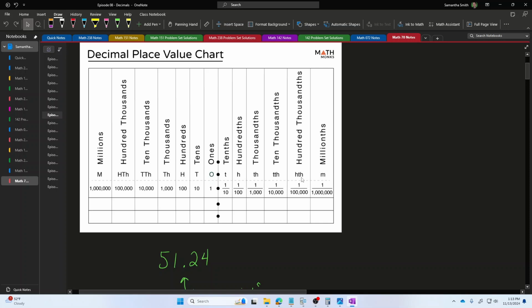If you move to the right of the decimal point, directly to the right of the decimal point is how many tenths we have. The number two spaces to the right of the decimal point is telling me how many hundredths we have. The number 3 spaces to the right of the decimal point is telling me how many thousandths we have. And so the significance of these numbers is getting smaller and smaller as we move to the right of the decimal point.